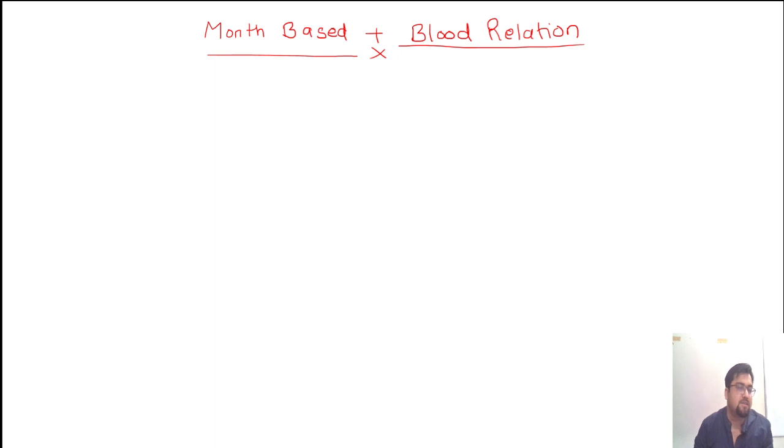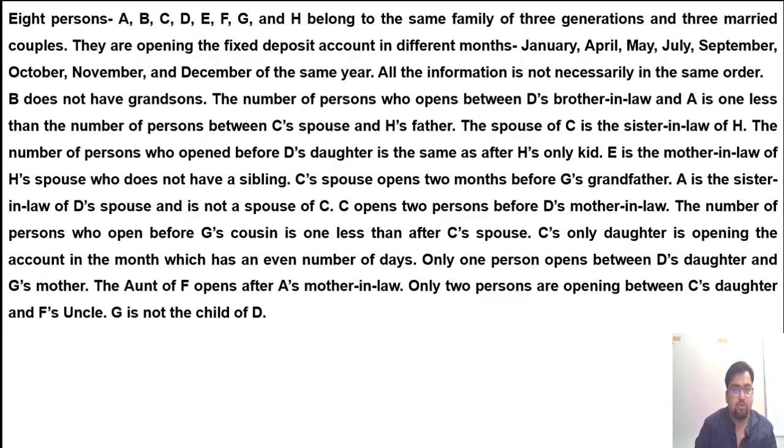So today's class is all about the month-based blood relation. Very interesting question. I suggest you first of all pause this video, try yourself, then again come back to this video. I will show you the question on your board; try to solve it on your own first. Then you will realize that if we start from this point, the question will be solved within 5 to 6 minutes. Yes, exactly, the question is not more than that. Let me move toward the next slide.